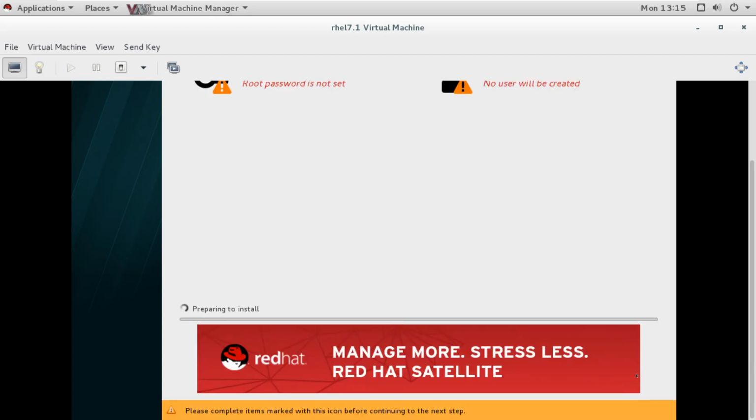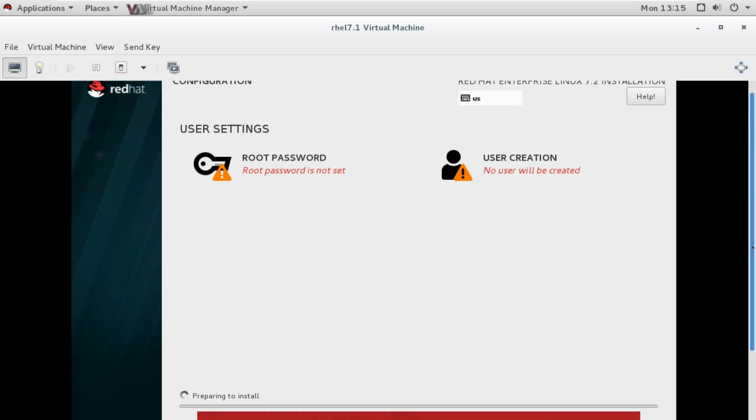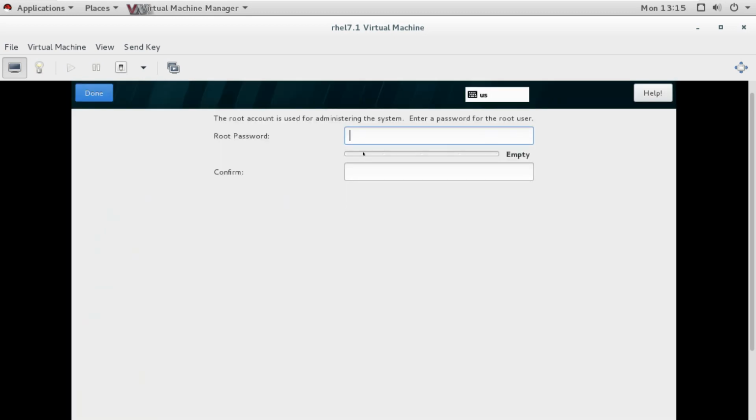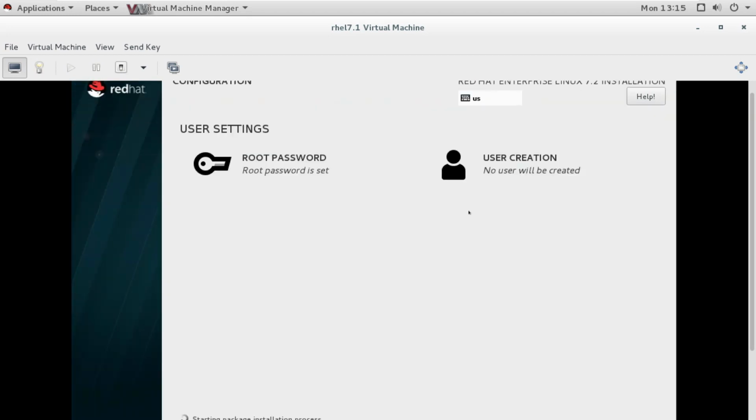The rest of the configuration is here, like setting the password for root and creating the normal user.